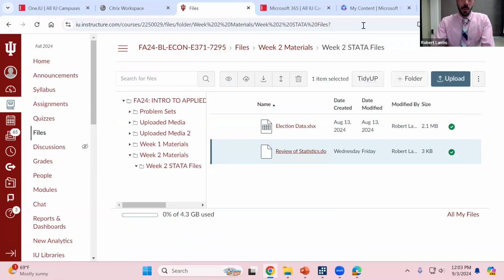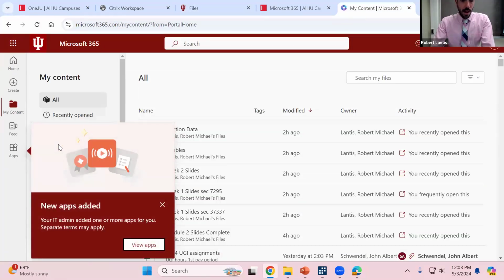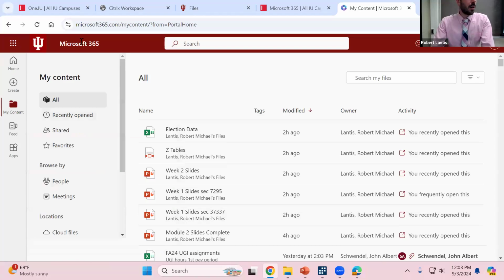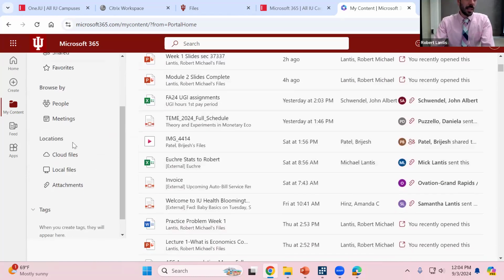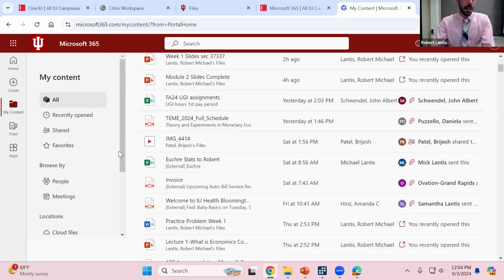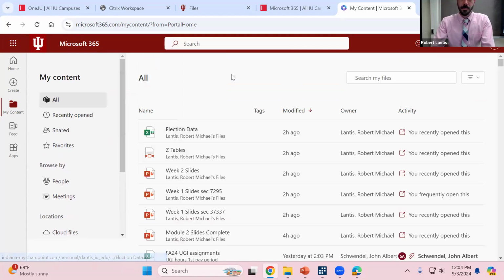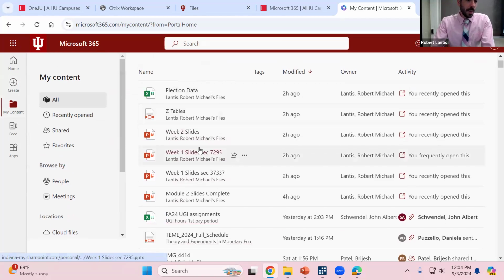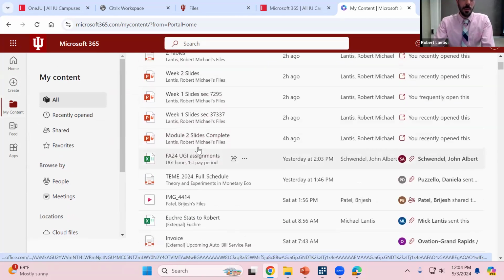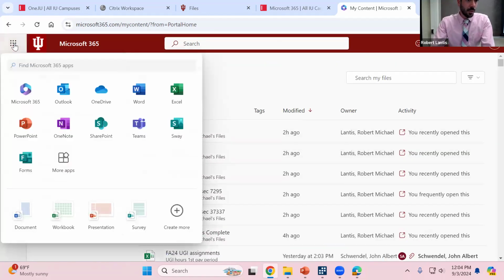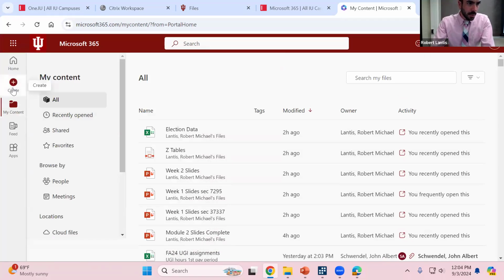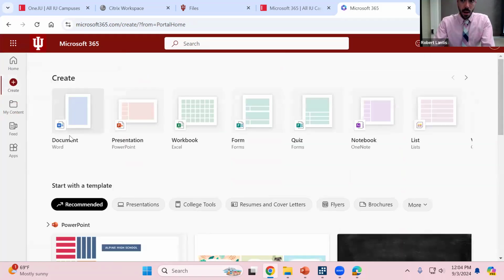Now, for some of you, you'll have to go to Microsoft 365. You can search for that on one.iu. And then you'll have to drag and drop your files here. Or on some computers, like I said, some people had some issues. They actually had to go to, where is it down here? This one's set up so that you can drag and drop, so I can't show you. If it's not allowing you to drag and drop, there should be an option. Here it is. Create. No,